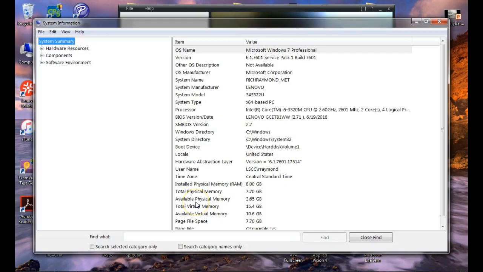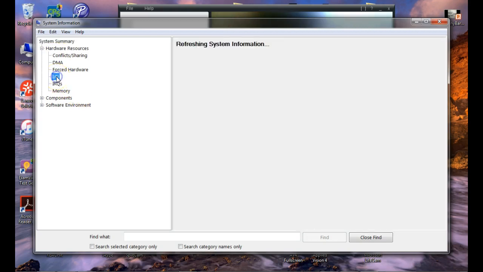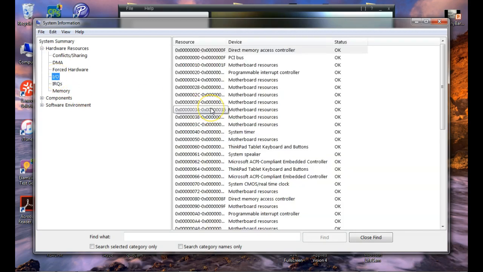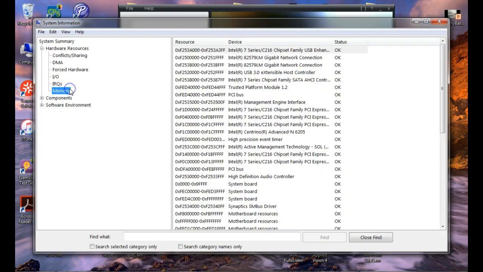So this tells me everything about this computer. And then I start looking at hardware, and the input-output devices. It's going to give me addresses, but can you see 2C, 4? If I come in and look at memory, look at this weird stuff right here,